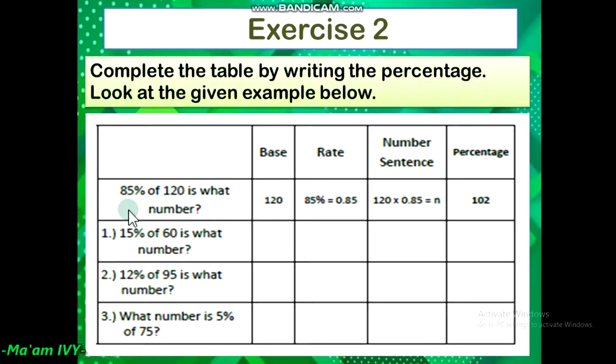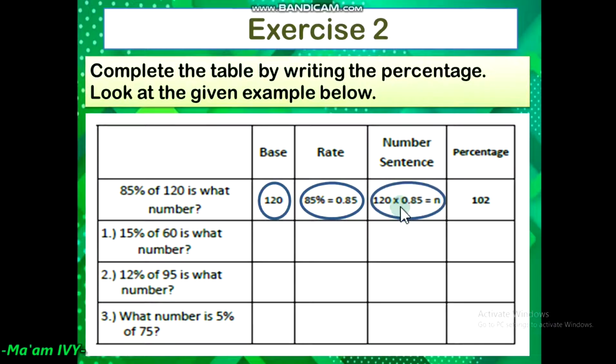In the example, 85% of 120 is n. What is the base? 120. How about 85%? 85% is our rate. So kids, express the rate as decimal. 85% is equal to 0.85 or 85 hundredths. After identifying the base and the rate, you are going to write the